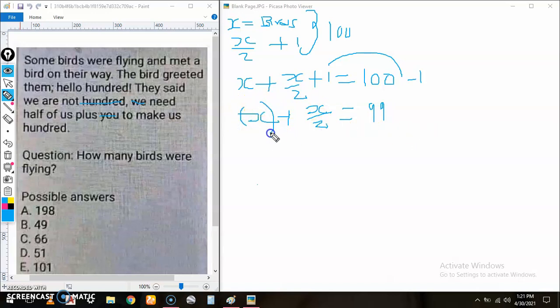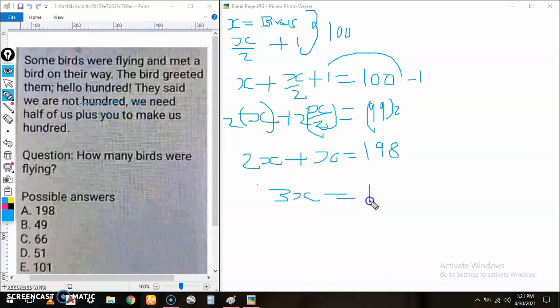So it's 2 here, and then 2 here, right? So we have 2x plus an x, right? Which is equal to 198, right? So this one is 3x now,